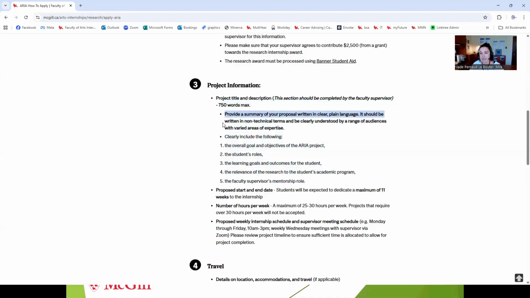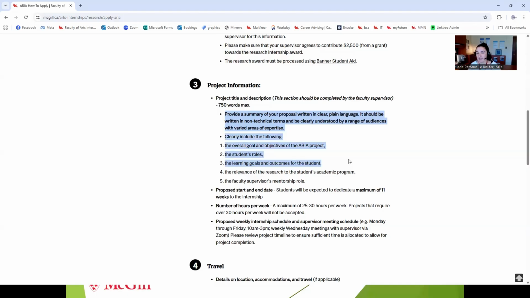It's important that it be a summary, 750 words maximum, written in clear, plain language and non-technical terms. Students from all departments can apply, which includes more technical programs such as mathematics or psychology.